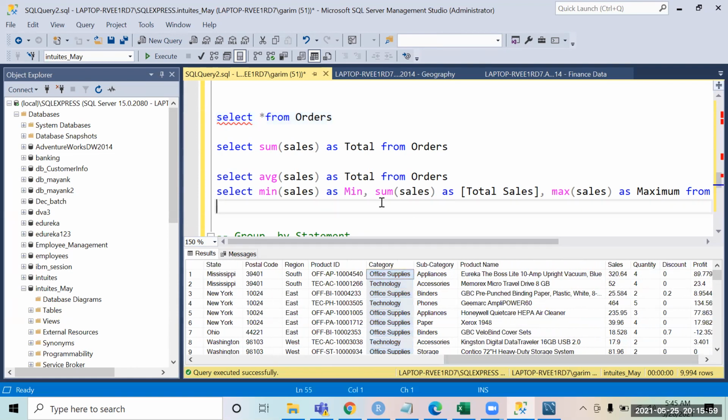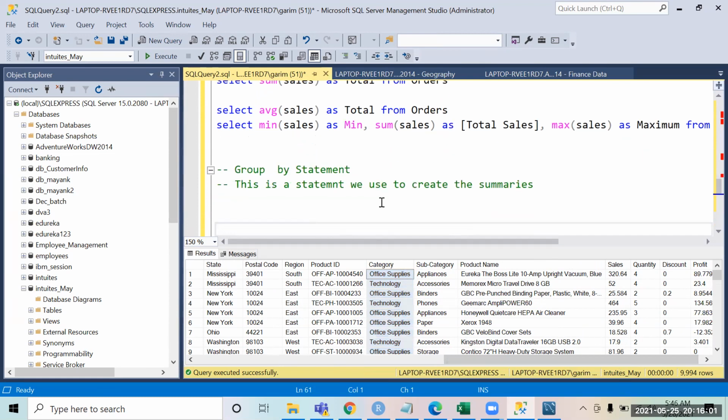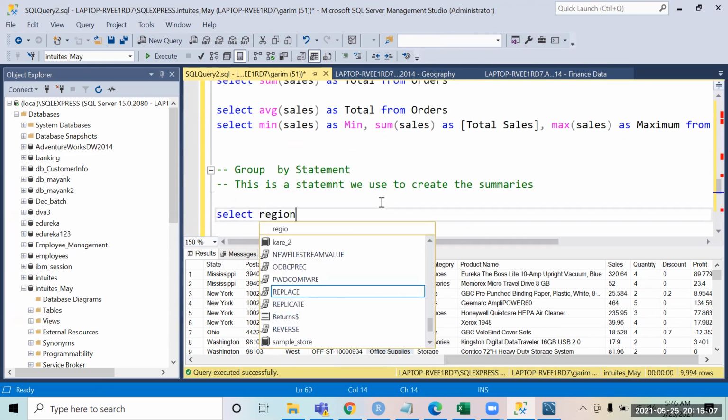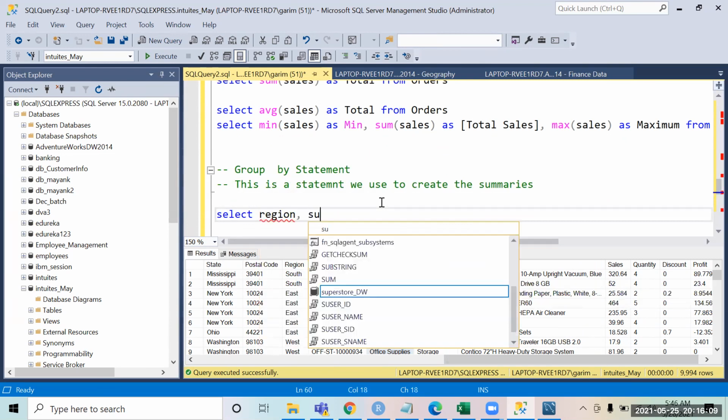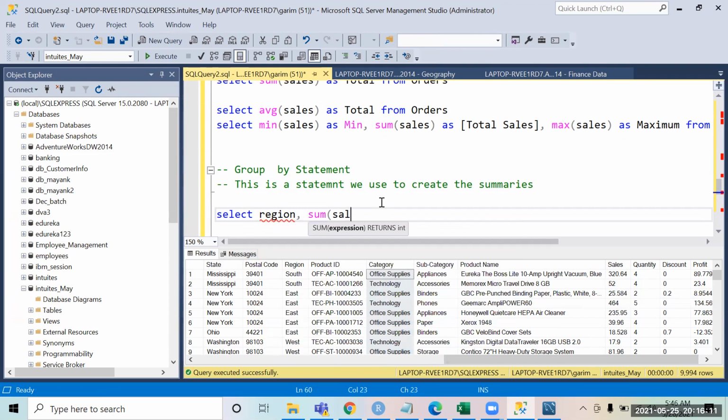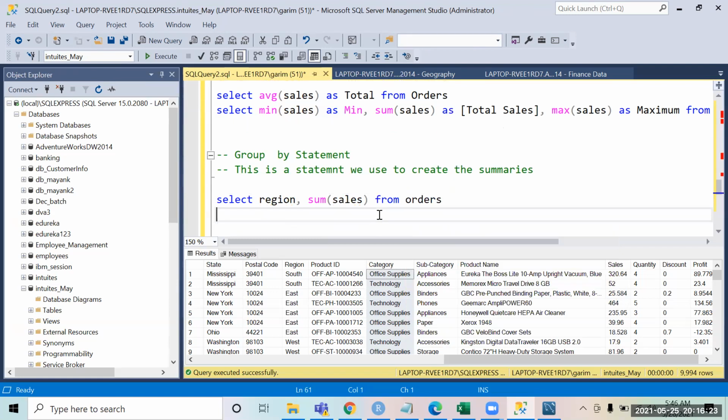So if you want to have that kind of summary, you will use select and you will say select region, comma, sum of sales, right? What I'm trying to say is that for each region, I want to find the total sale. For each region, what is the total sale that was generated from orders? I will say group by